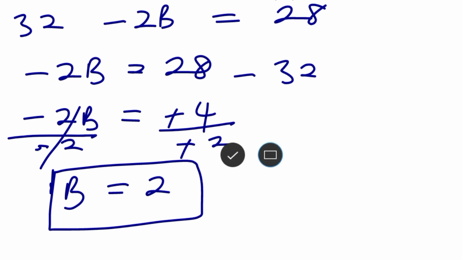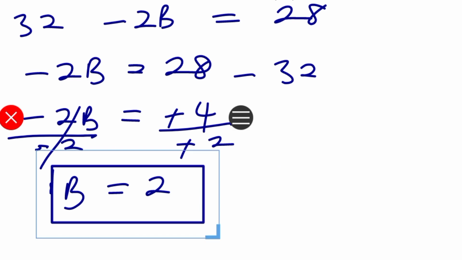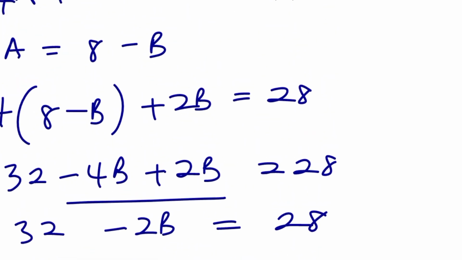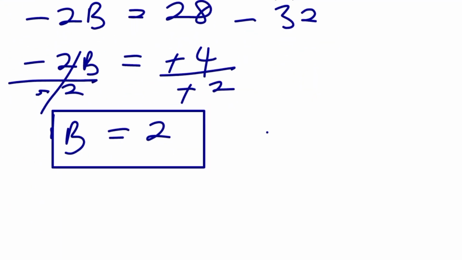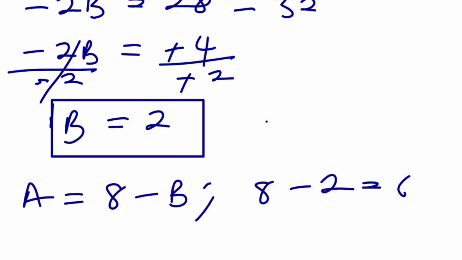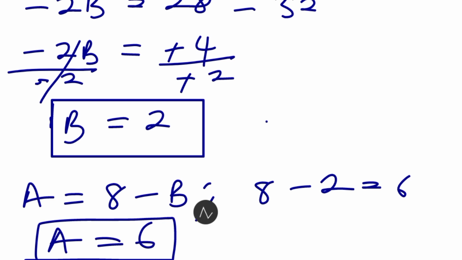So we've calculated for b. The next thing we need to do is to take the expression a equals 8 minus b and substitute the value of b. So we know that a equals 8 minus b, and b is equal to 2, so it's equal to 8 minus 2 equals 6. Definitely a equals 6. So as the case that b equals 2 and a equals 6, let's substitute back into the